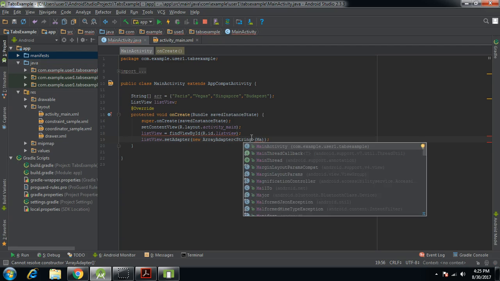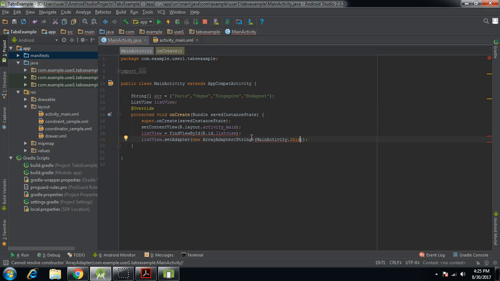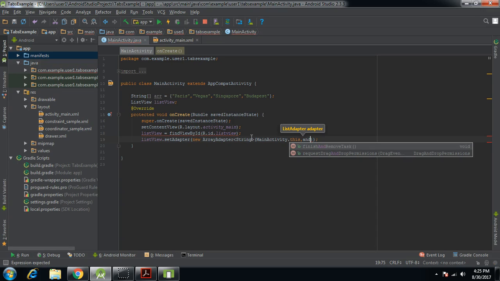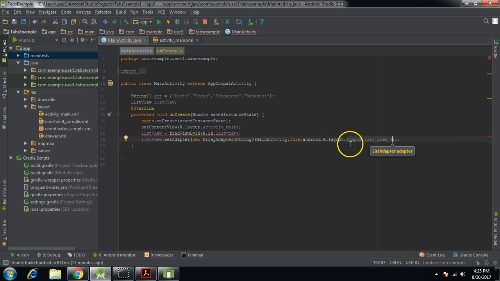These are some codes that you'll have to remember for now, till the time you undertake our Java course. Till you are well versed with Java, you can just remember these codes as they are. Android dot R dot layout dot simple list item 1. So this is how we are going to display our items from the main activity,